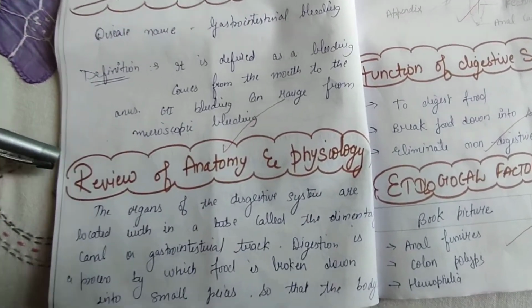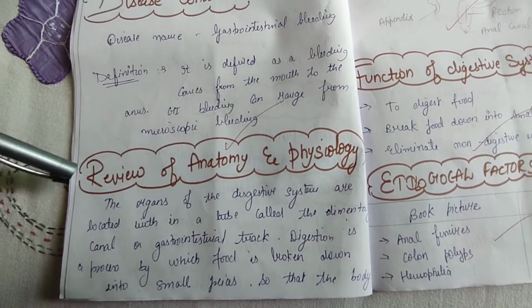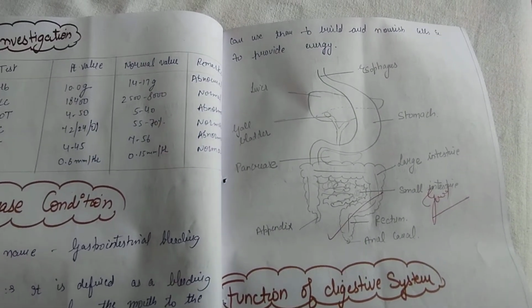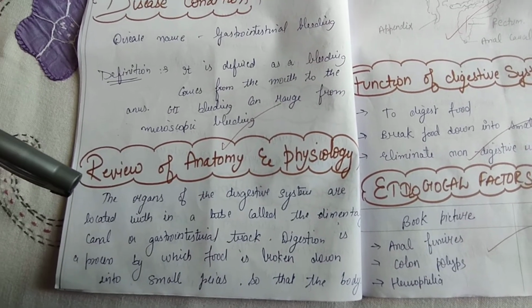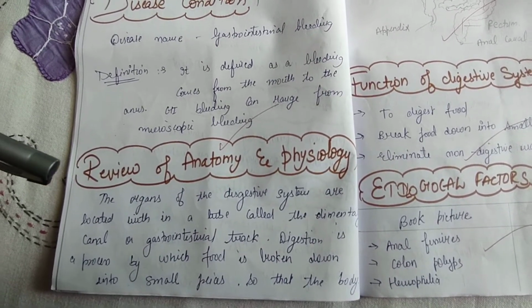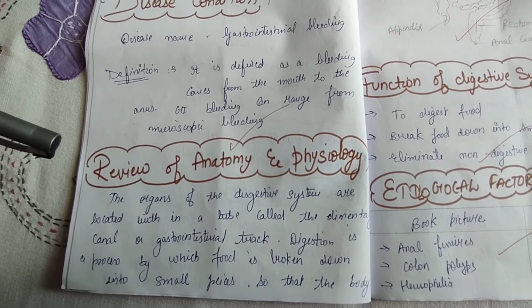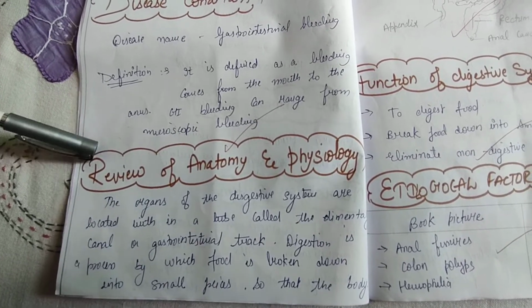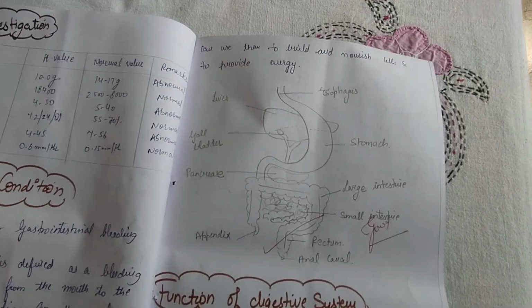After the definition, we must give the anatomical and physiological review of the disease. We must give the review with a diagram of the GI tract. In anatomy and physiology, we must define that the gastrointestinal tract, also known as the GI tract, proceeds mainly as follows. The work of the GI tract is to break down the food into small pieces and provide nourishment and energy to the body.